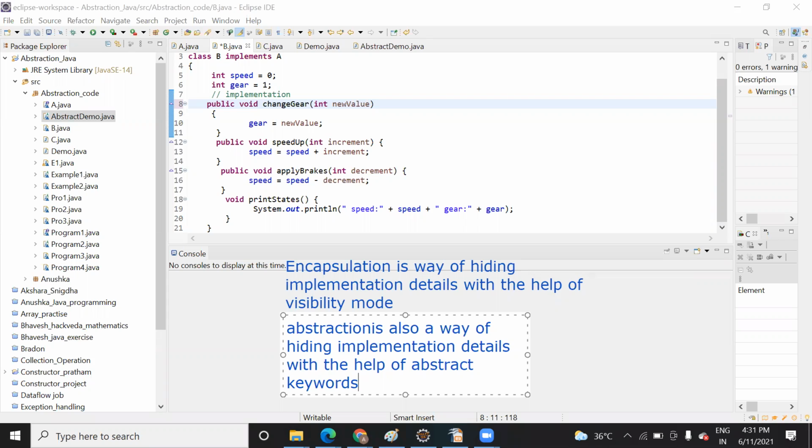So this is the difference. In abstraction you use the keyword abstract and you provide a body to that method in the child class. In encapsulation, there is nothing like that.